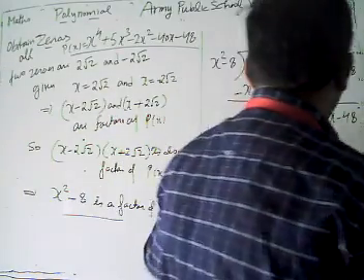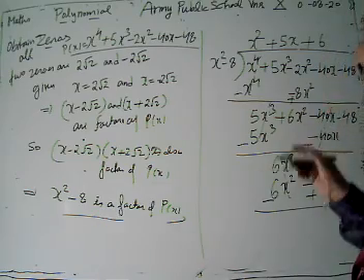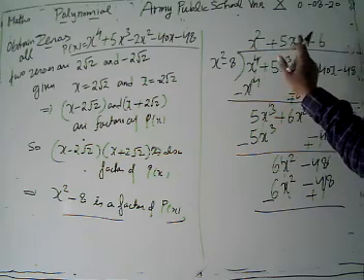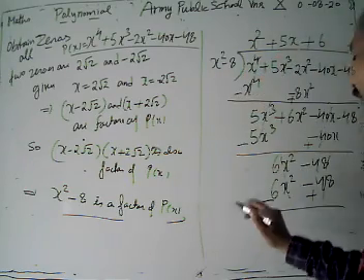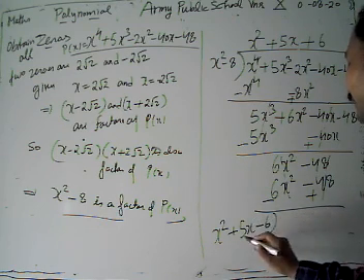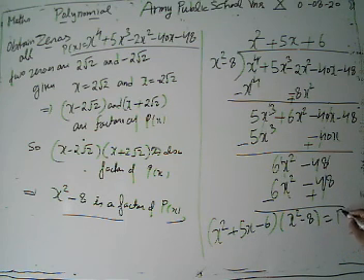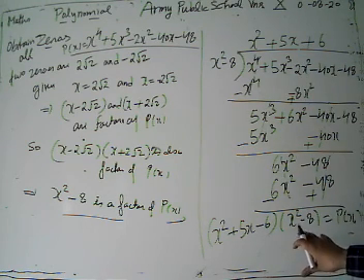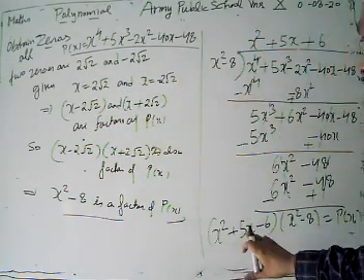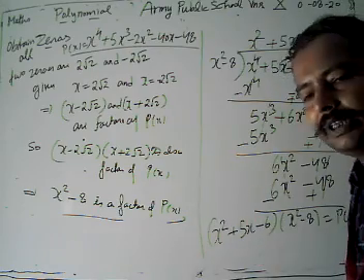Now we get our quotient, we get our two zeros, then we apply our division algorithm. When we apply our division algorithm, the product of our quotient and divisor should be equal to this. Then we take x square plus 5x minus 6 into x square minus 8 equal to our polynomial p(x) there. From here we get our two zeros, which are 2 root 2 and minus 2 root 2. And from this quadratic equation we can also factorize it. We can find out our other two zeros there.